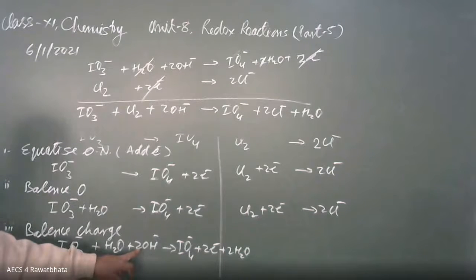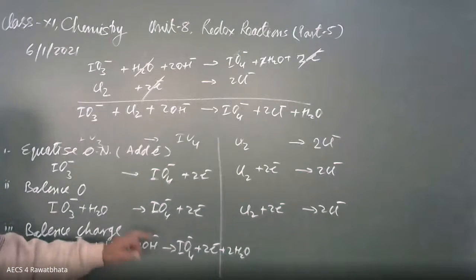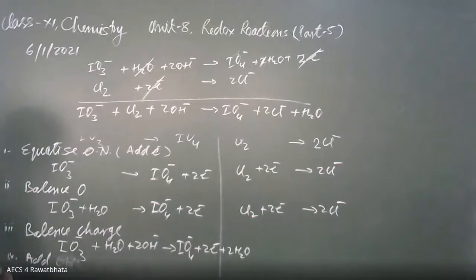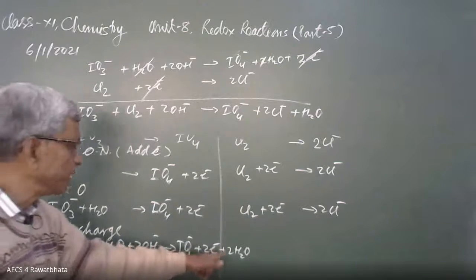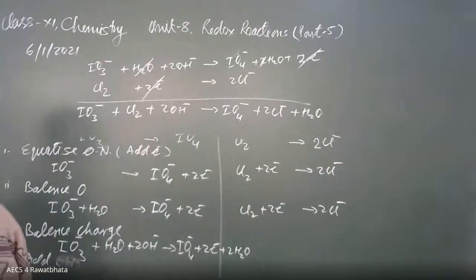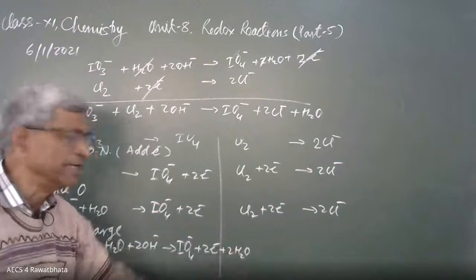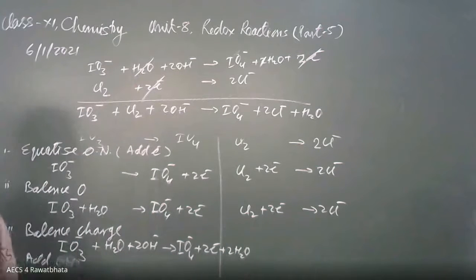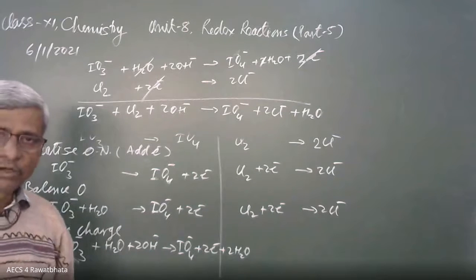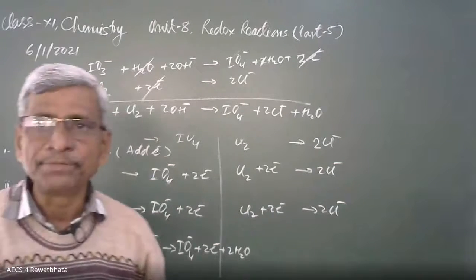We have added OH minus extra after balancing oxygen. That's why we have to check oxygen once again. Here 3 oxygen, 4 oxygen and 2, that is 6 oxygen. Here 4 oxygen, that's why 2 H2O is added. H2O is on both the sides. At this stage only we can cancel. Here this H2O is cancelled by these 2 and 1 H2O is left. That can be taken here, or after addition we can cancel it. That is the balancing of a redox reaction in basic medium.